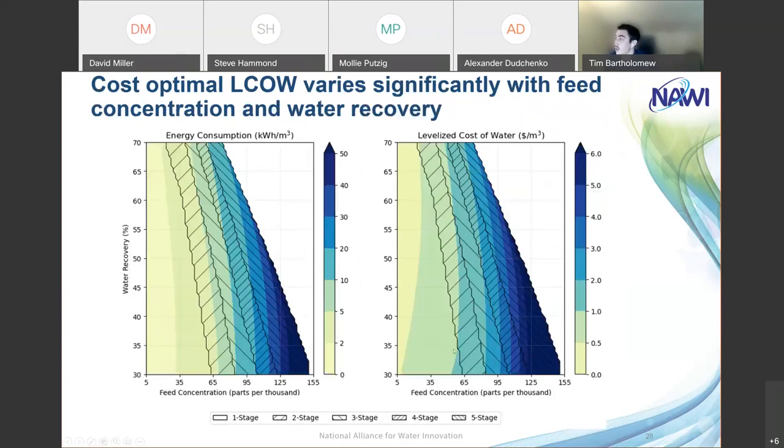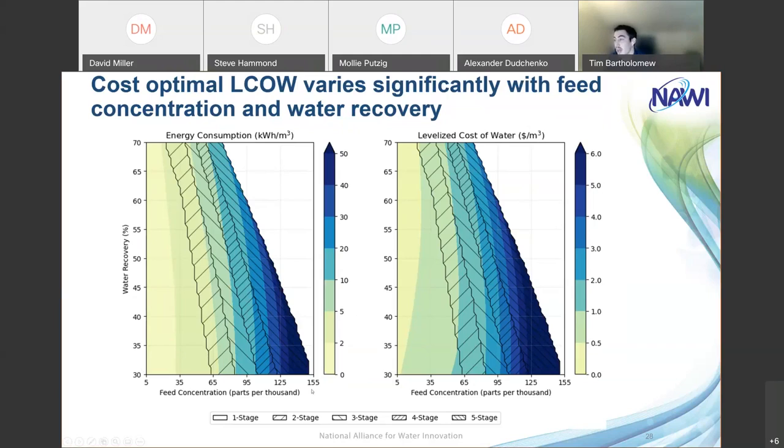So here are the results for low salt rejection reverse osmosis. I'm showing the same axes, feed concentration on the x-axis and water recovery on the y-axis. Over here on the left is the energy consumption, and on the right is the levelized cost of water. The first thing you can notice is that the energy consumption and levelized cost of water vary significantly across